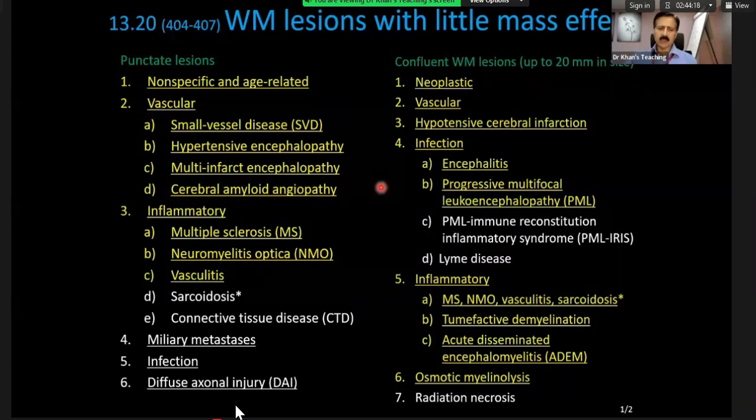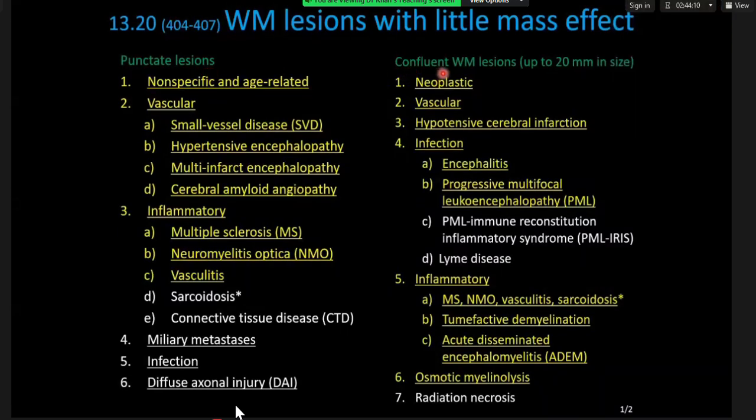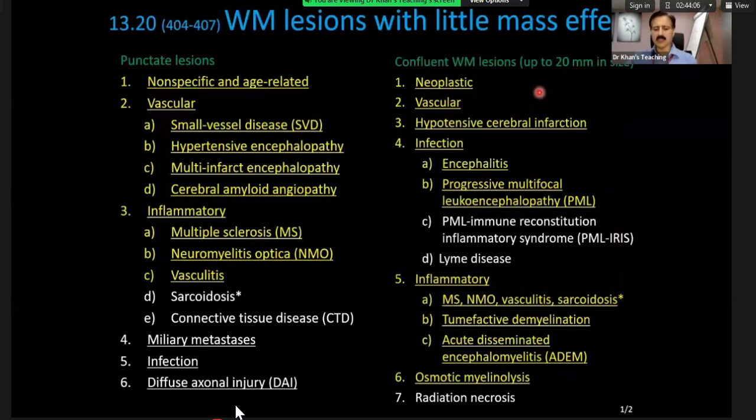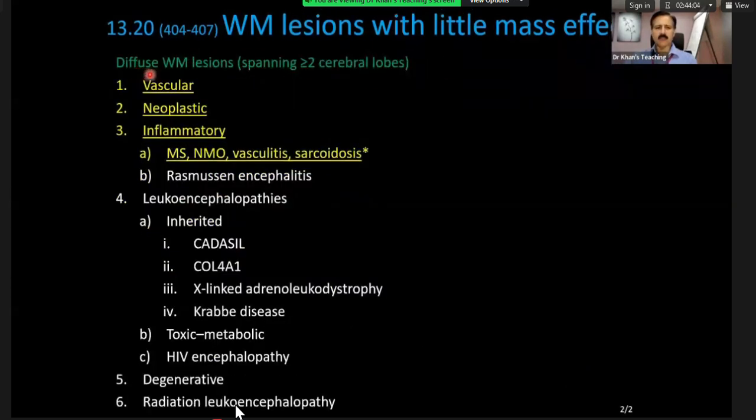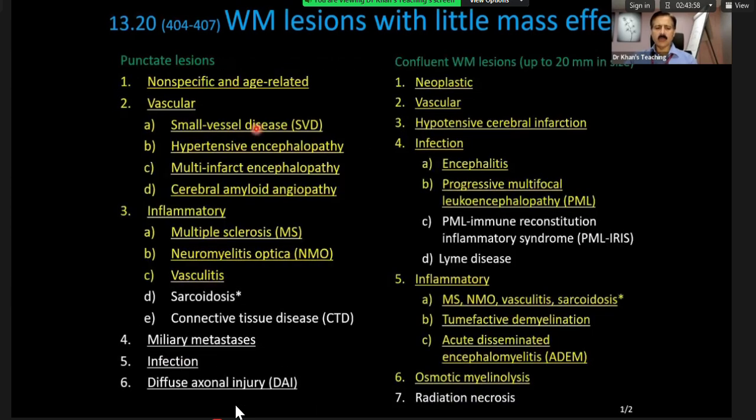has divided white matter lesions into 3 headings or subheadings: punctate lesions, confluent white matter lesions up to 20 millimeter in size, and then diffuse white matter lesions. So the differential diagnosis changes. But one thing which I want to highlight